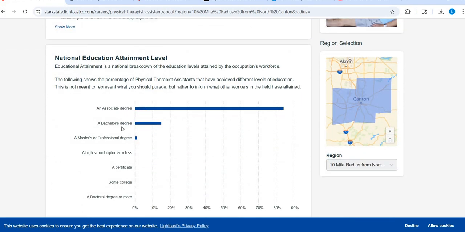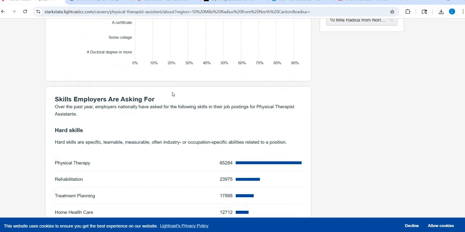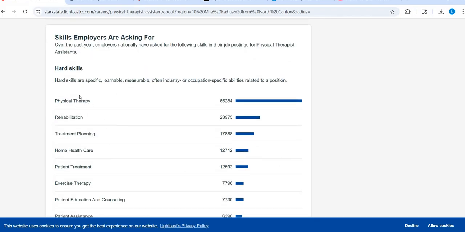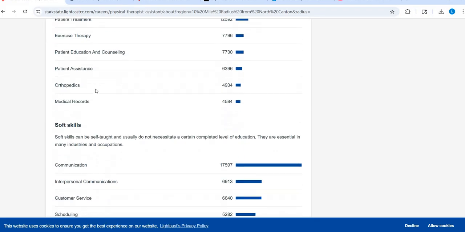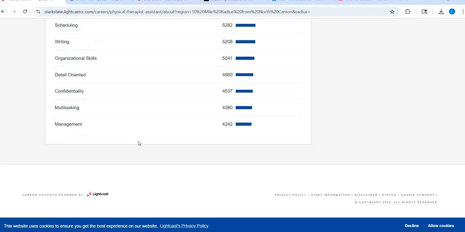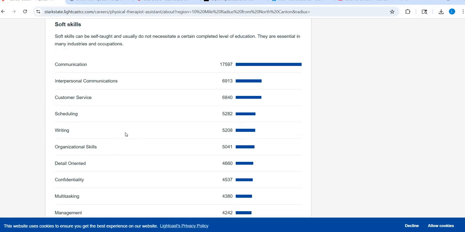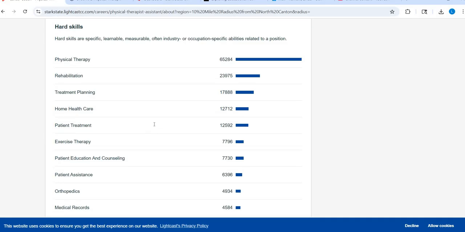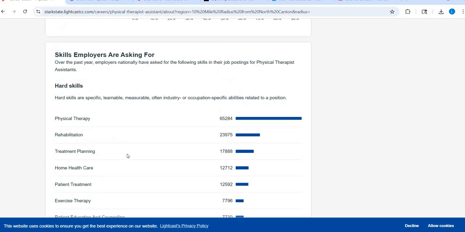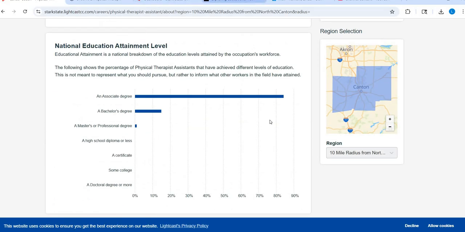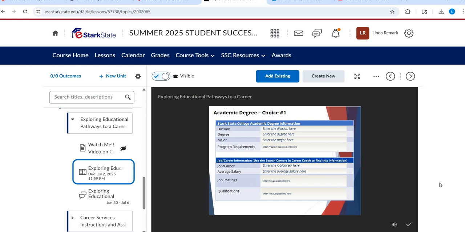I need an associate degree, maybe a bachelor's degree one day. I need to be able to do these things here as well as these things here. Again, I don't expect you to list every single little thing. Pluck out a few skills, pluck out a few qualifications that they're looking for. And then you just hit check, and then it'll go to the next choice.